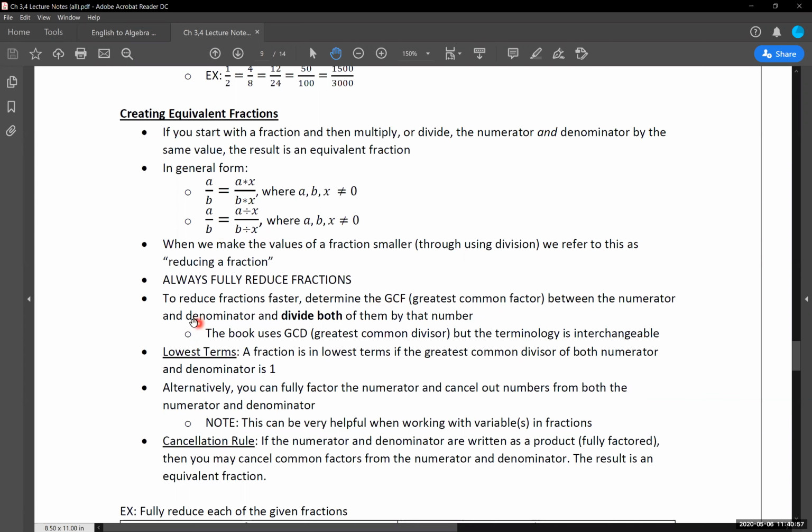The book itself, if you're going through and looking at the lecture notes, the book says use the greatest common divisor between the two numbers. And all that is just a different form of terminology. These two things are interchangeable. So if you're used to saying the greatest common factor, use that. The one that we've been using up till now, and there's nothing wrong with listing things out using this versus this. No difference there. I'm not going to be picky on that front, however you want to organize that for yourself.